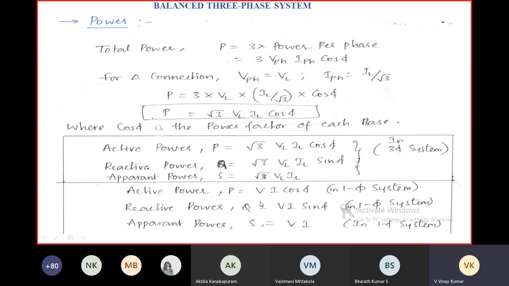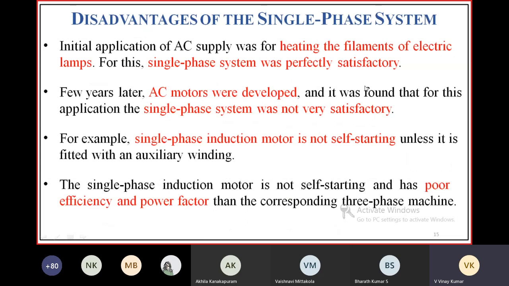After substituting V equal to VL and I equal to IL by root 3, we get P equal to root 3 VL IL cos phi, the same as in the case of a star connected source. The total power in both systems is the same. Okay, now coming to